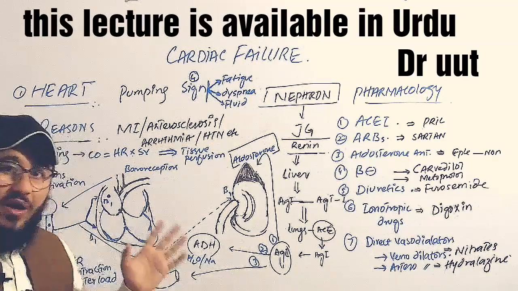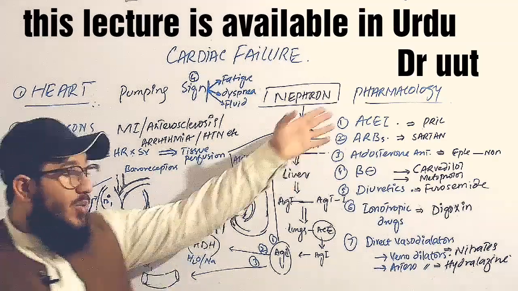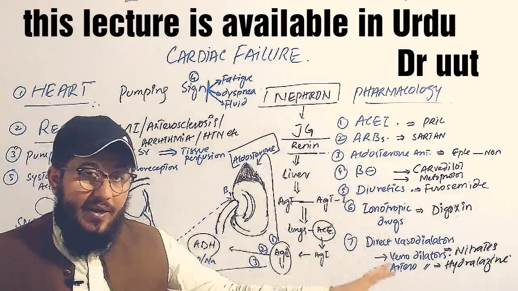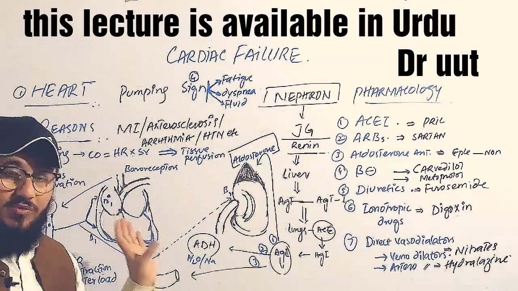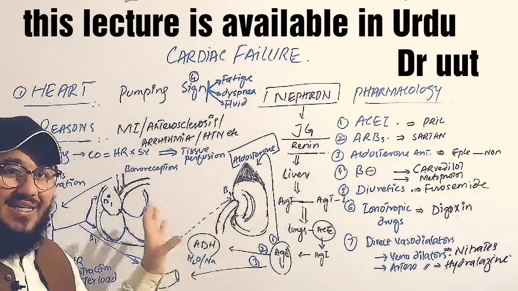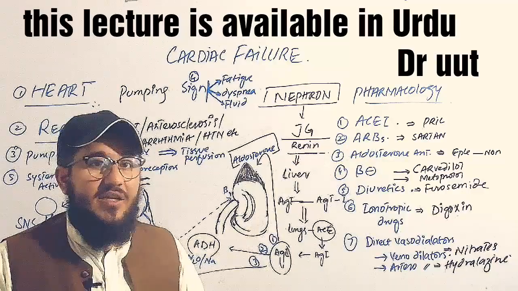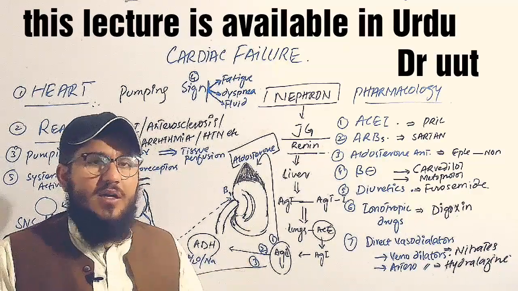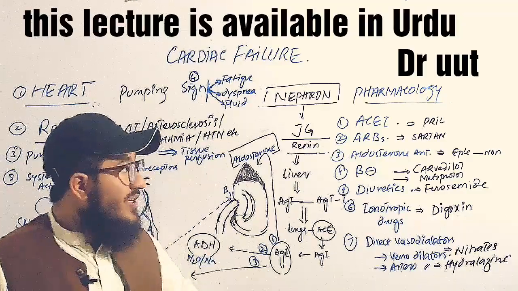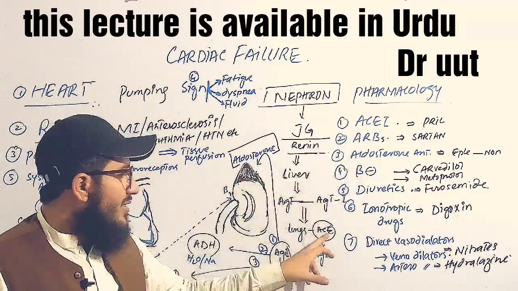In order to avoid cardiac remodeling, we'll apply the following pharmacology through which we will help the patient to maintain the normal function of the heart. Like this will decrease the activity of the heart. The very first class, angiotensin converting enzyme inhibitors, like captopril, enalapril, means they're having the pril in the last. So these drugs are actually blocking the angiotensin converting enzyme.